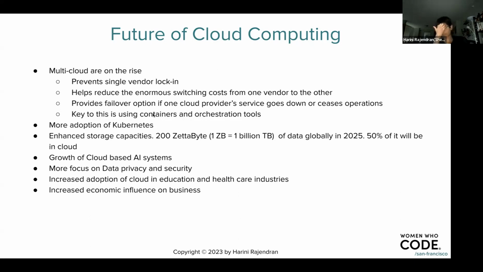So by 2025, there's going to be a wealth of knowledge available in the cloud, which leads to the next point, which is cloud-based artificial intelligence systems. If you really think about it, all these AI, ML systems need a lot of data because they learn using the data, they process a lot of data. So as more and more data is available in the cloud, AI, ML would also have a proportional growth in the cloud. That's also something we could expect going forward.